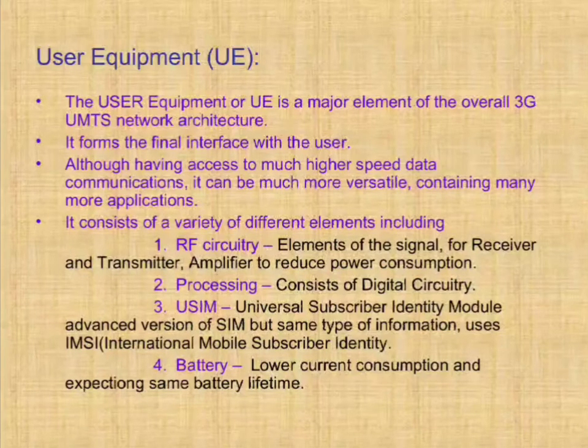It contains the International Mobile Subscriber Identity number, that is called IMSI, as well as the Mobile Station International ISDN number, that is MSISDN. ISDN stands for Integrated Services Digital Network. Other information that the USIM holds includes the preferred language and a list of preferred and prohibited public land mobile networks, that is PLMNs.